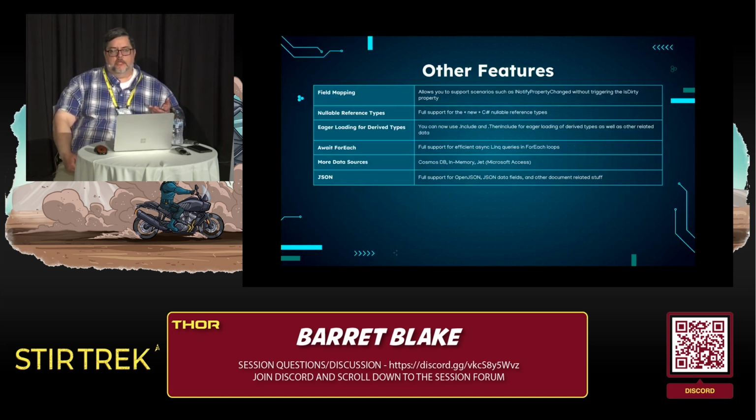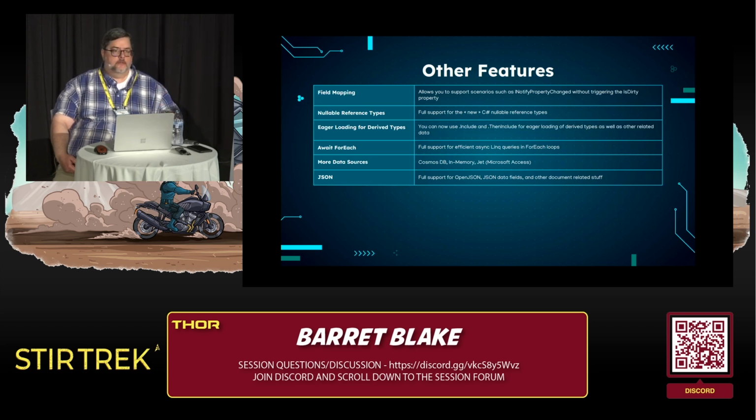And kind of the last group of things, there's things that I didn't want to go into in significant detail. There's things like field mapping. So if you're doing XAML or WPF, where it's got this concept of the watched properties, like INotifyPropertyChanged, the way Entity Framework would work with those in the past is that with that initialization, when it's creating those instances, it would already flag them as dirty, as objects that needed to be updated. With field mapping now, and there's more details in the documentation about it, you can set it up so that it doesn't do that, so that it doesn't start off its existence thinking that it needs to be